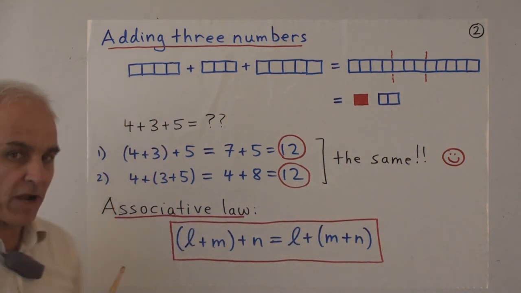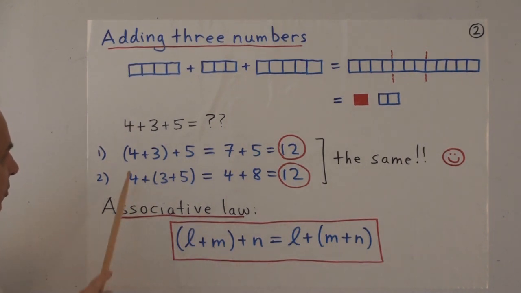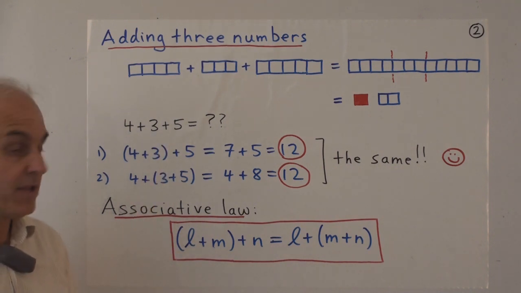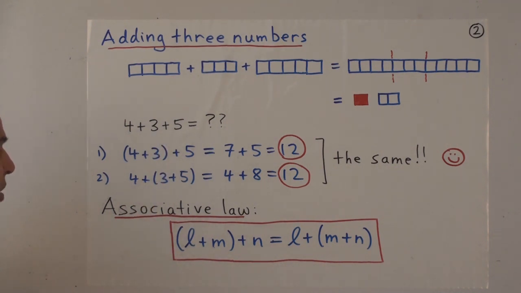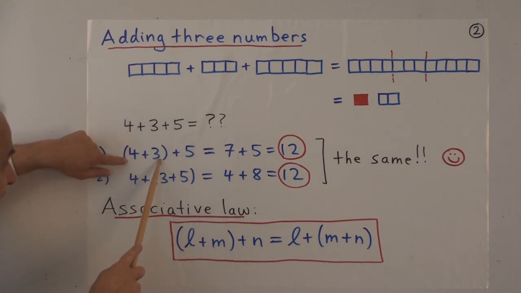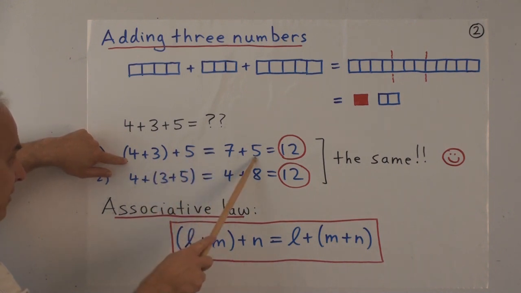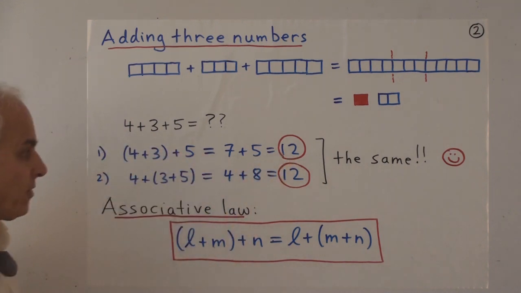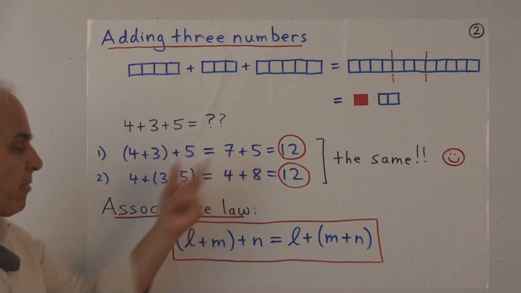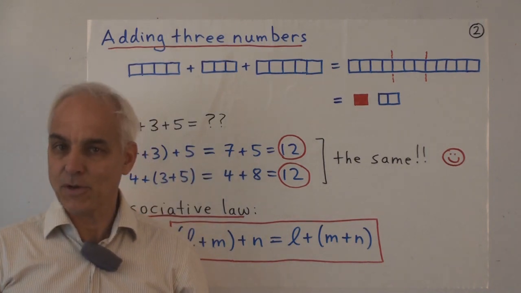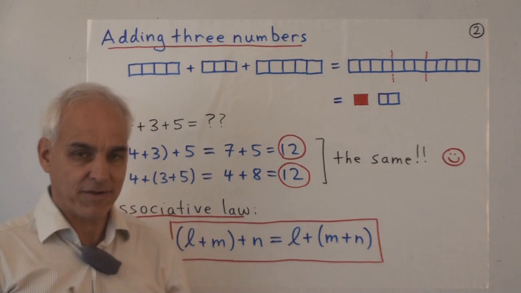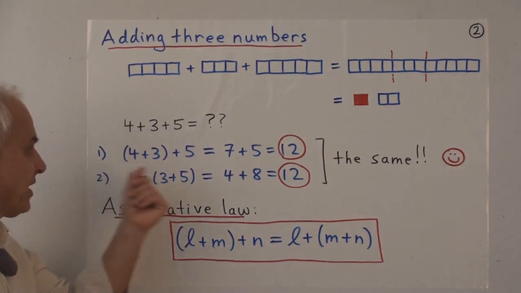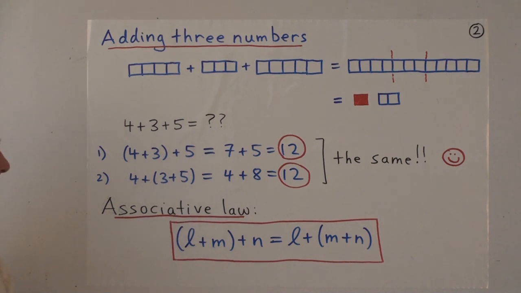So arithmetically, with the Hindu Arabic system, there are really two possible ways of bracketing this kind of relation. 4 plus 3 plus 5 can be interpreted in at least two different ways. We can think about first adding the 4 plus 3 together, which is 7. Then we'll get 7 plus 5, and 7 plus 5 is 12, or 10-2. So this requires two lookups of the table, but we don't really want the students to be looking things up. We want them to know what the sum is. They need to know what 4 plus 3 is, and then they need to know what 7 plus 5 is.